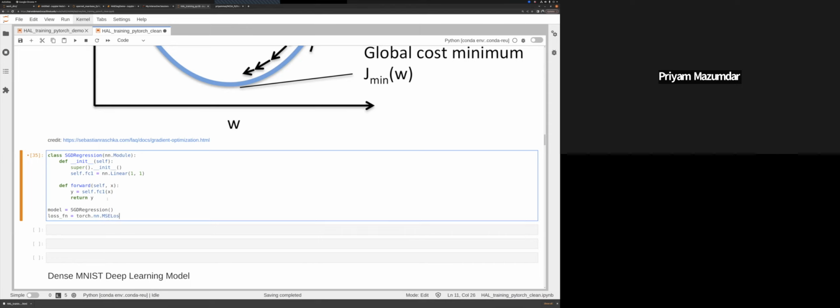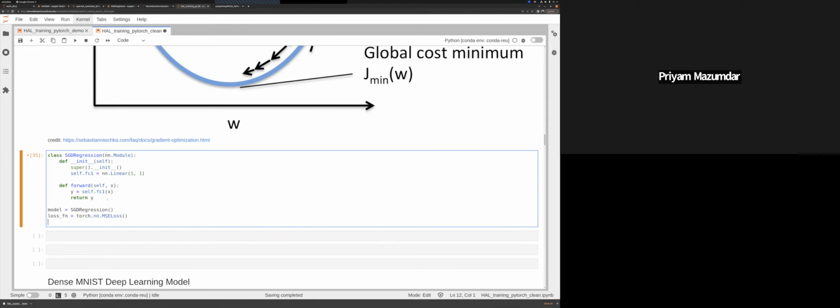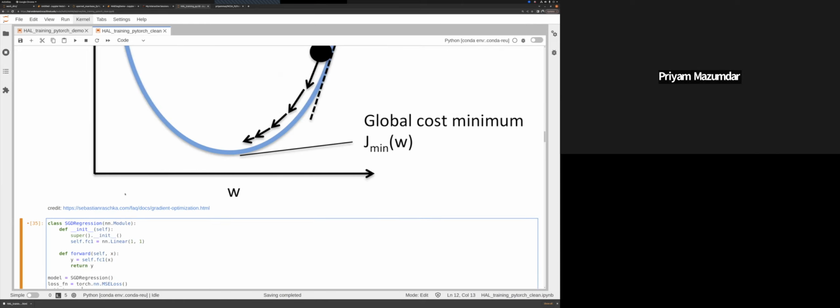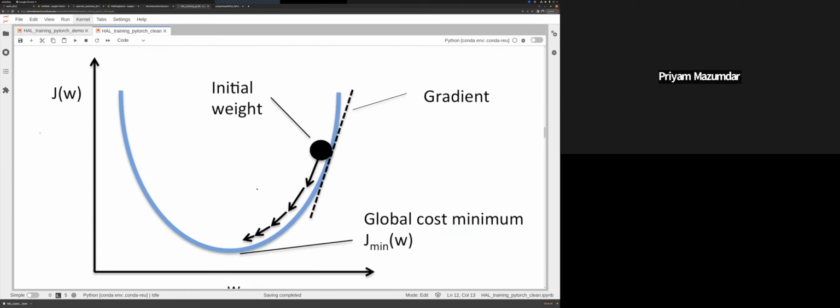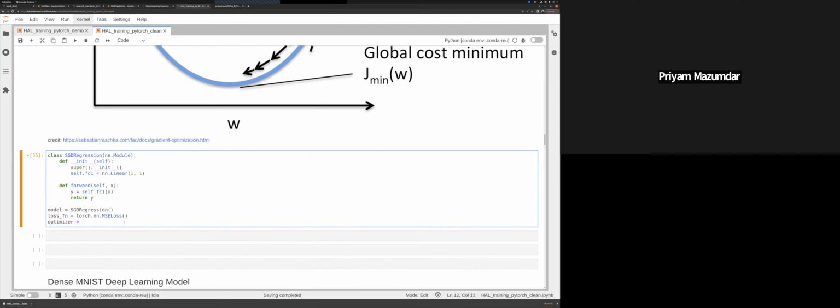torch.nn.MSELoss. You can also write your own custom loss functions if you needed it for some specific case, but we don't. We're just going to use the standard mean squared error loss given by PyTorch. Lastly, the optimizer, right? How are we going to optimize this? Again, there's a ton of different optimizers. We're going to use the simplest one called stochastic gradient descent, which is based on this principle that I explained here. So we're going to do